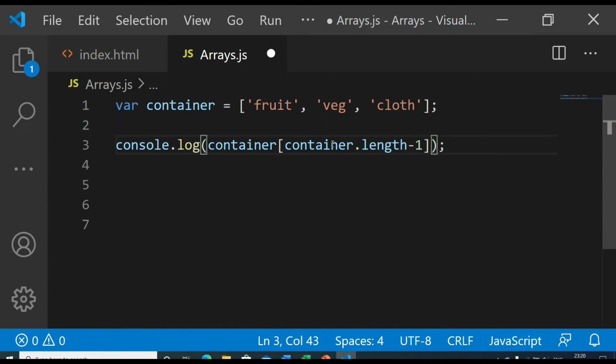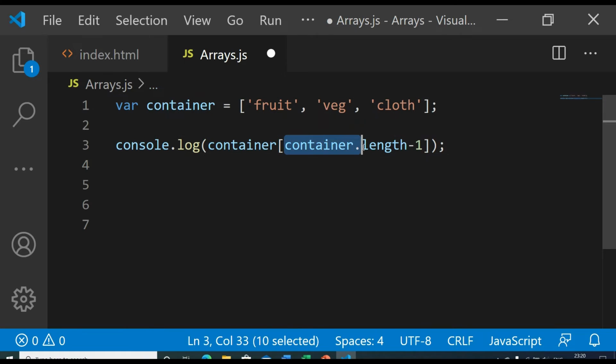Using this you can access the last item. Because we know that the index starts from 0, so 0, 1 and 2. The last index is 1 less than the total length, so length is 3 and the last index is 2.